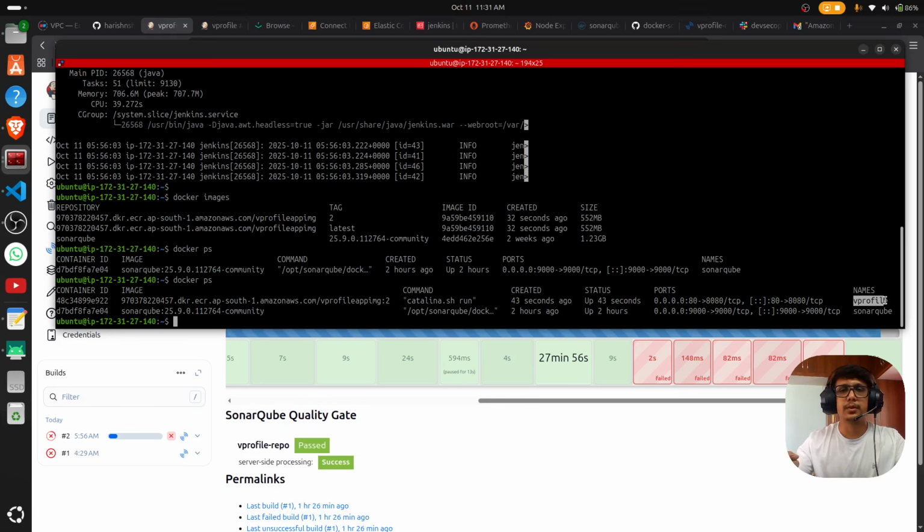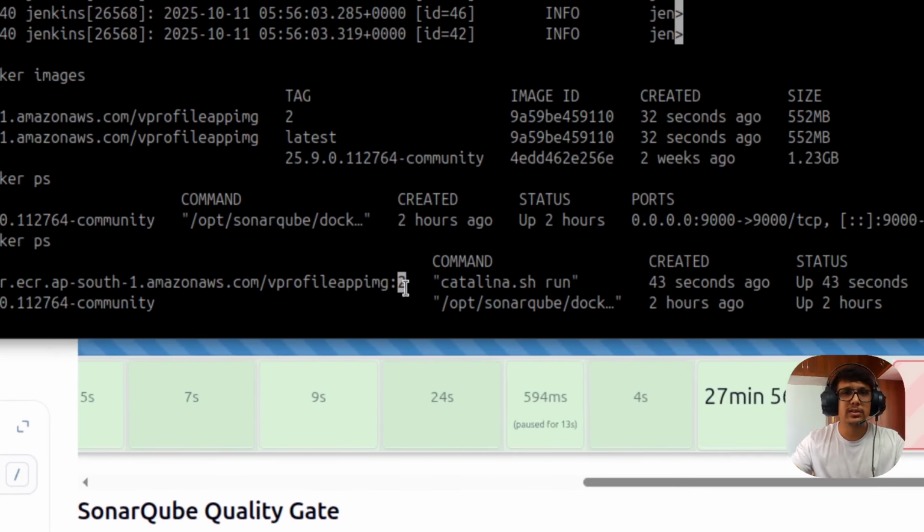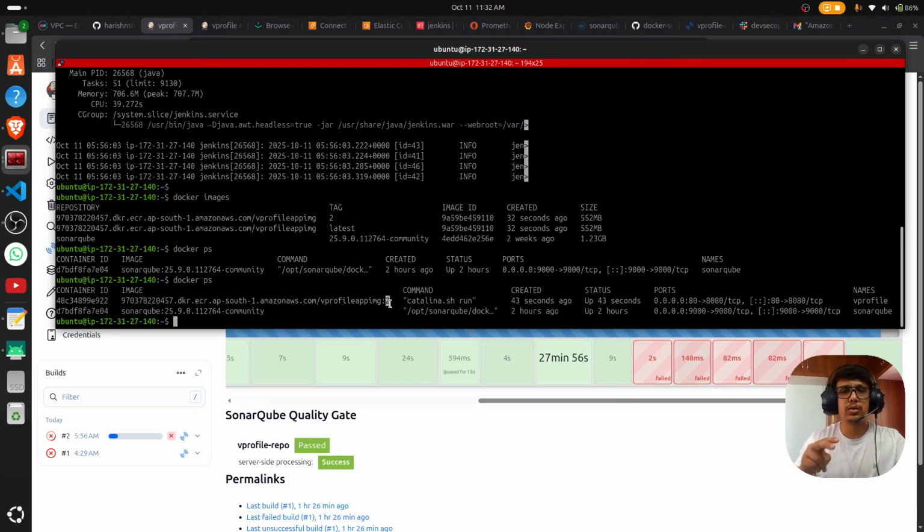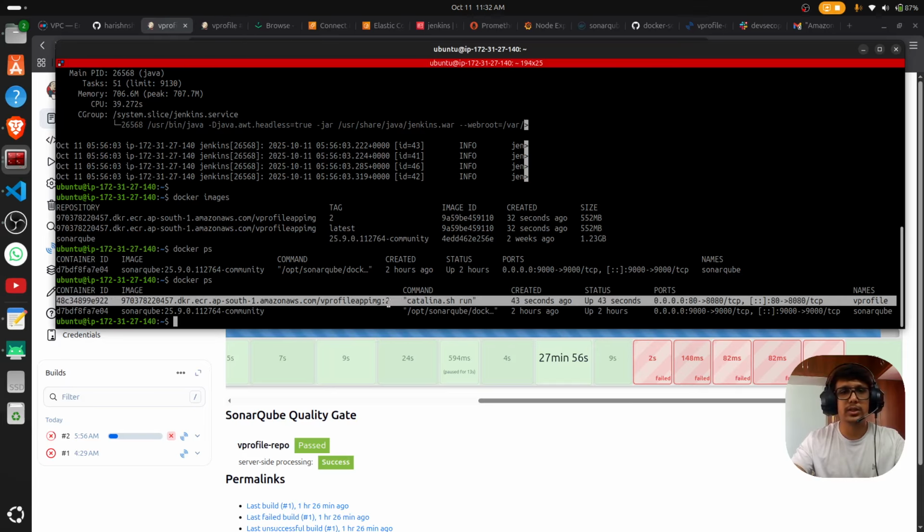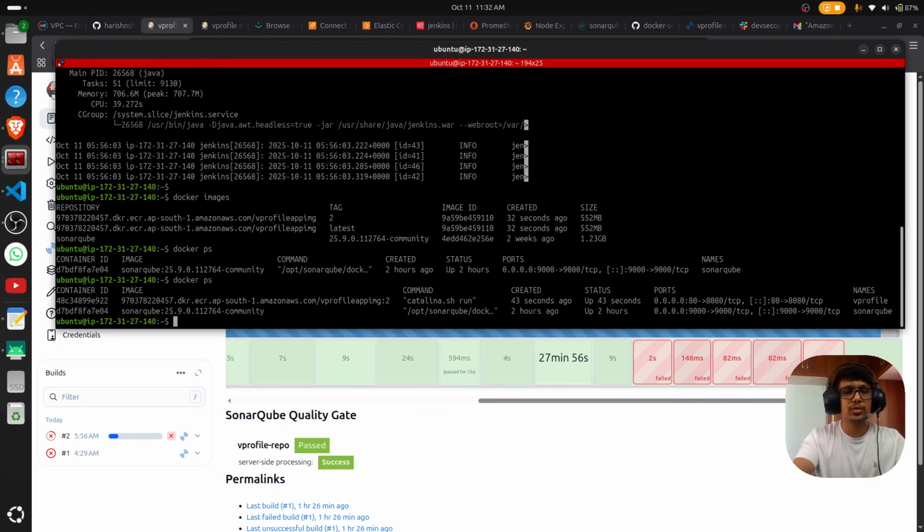If you are creating a new build again, what will happen? Observe this tag, the number 2 is one of the build numbers, right? So if you execute the build again in the Jenkins pipeline, it deletes this container and creates a new container with the latest image. So here, this portion, docker images,